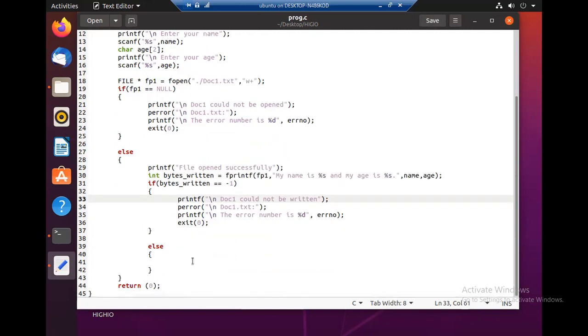If it is successful, we'll just say printf written to file successfully.